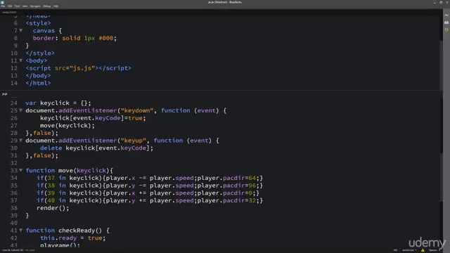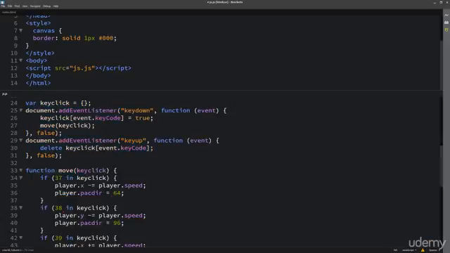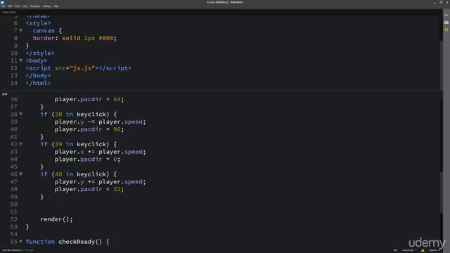So now I want to add in that mouth movement, and when the player passes the edge of the canvas, we want to reset that player value. So I can add all of that within here. So I'm going to do, let's quickly beautify that a little bit. Then here I'm going to do if